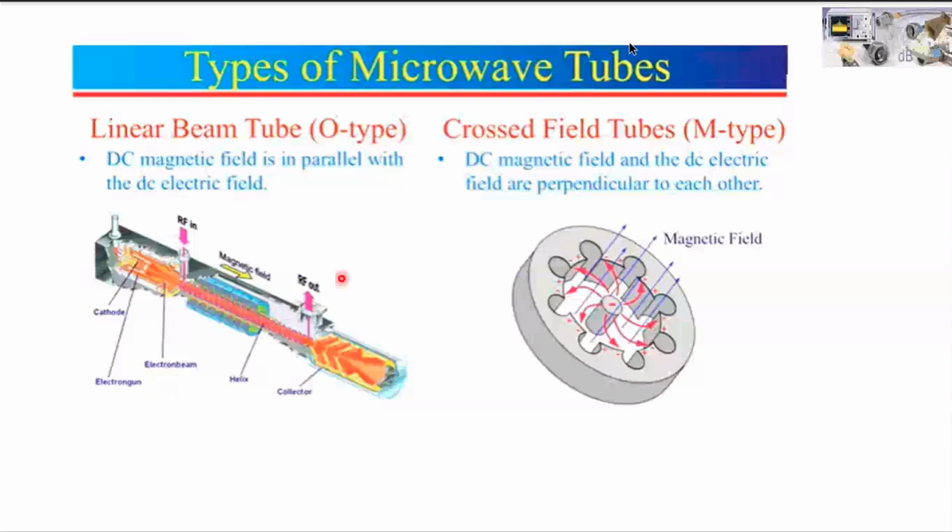Whatever field will be there, it will supply there, it will directly output their energy to that particular output structure. So at this point they will be collected at the output, but in this case a slightly different operation is there, which I will be discussing in a later slide. So let us give a brief, detailed classification of all these tubes, like which type belongs to what category. So for this we'll see what it is.